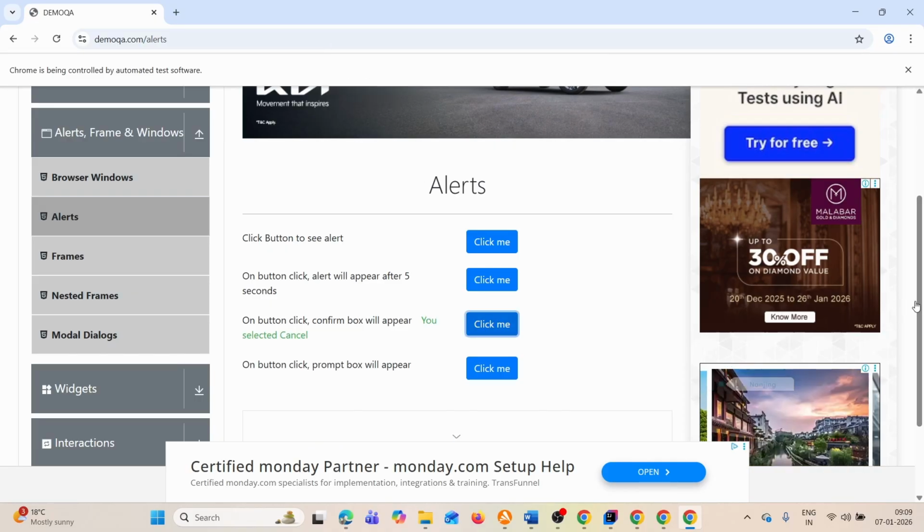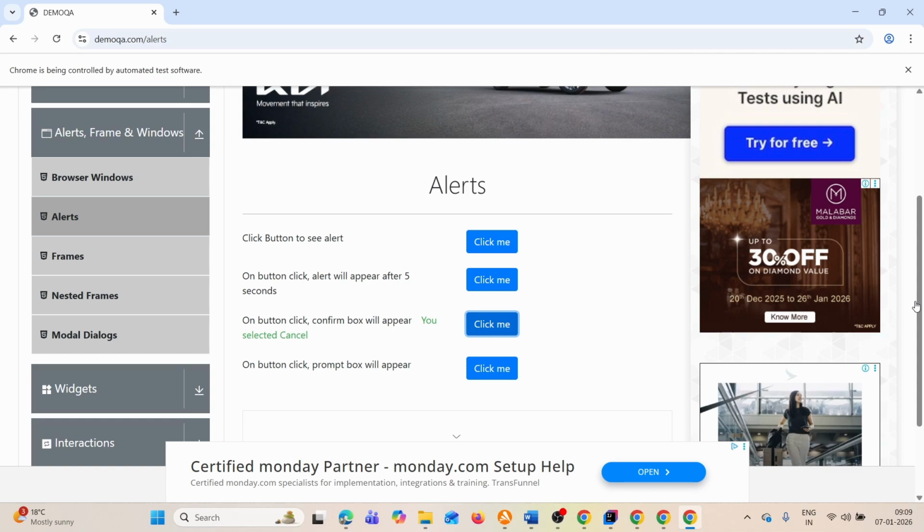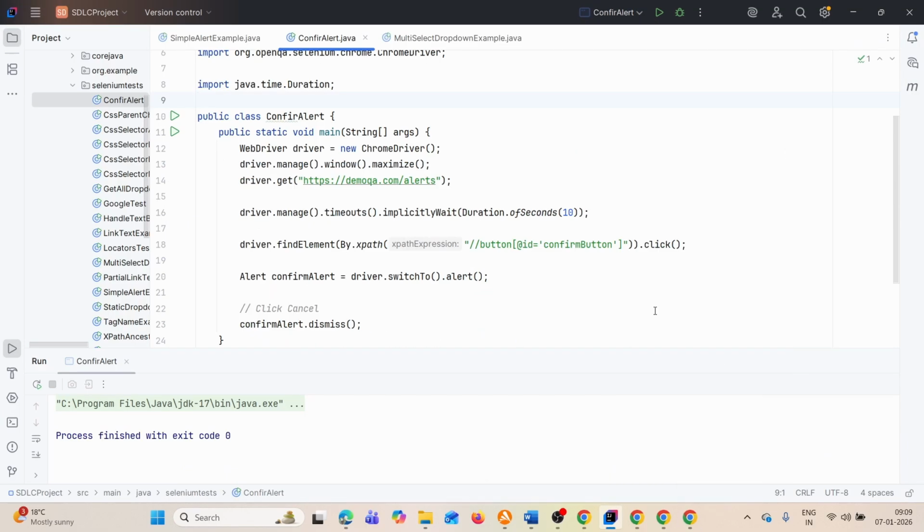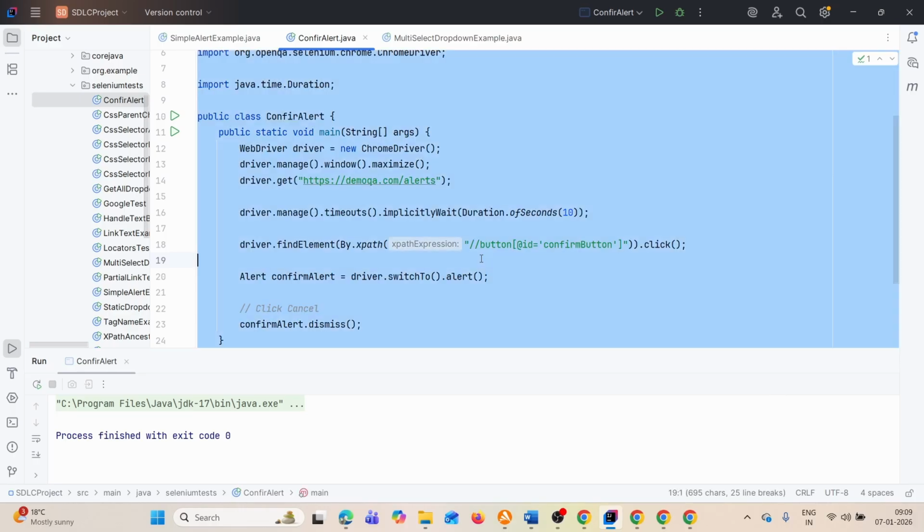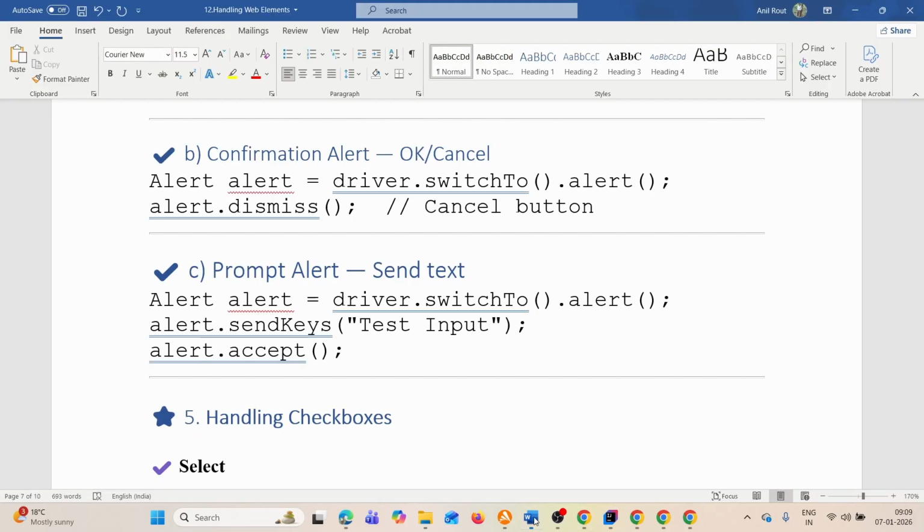See, it worked quickly. If you see here, it selected cancel and it is displaying, right? So this is absolutely working fine. Somehow it was not able to inspect the element, so that's why it was failing. So let's copy paste this to the document